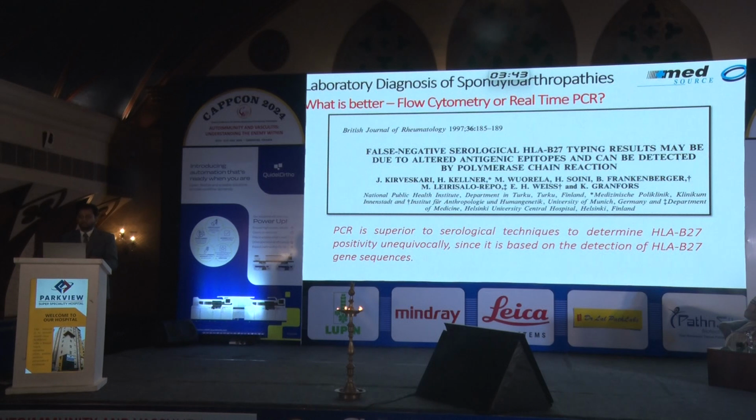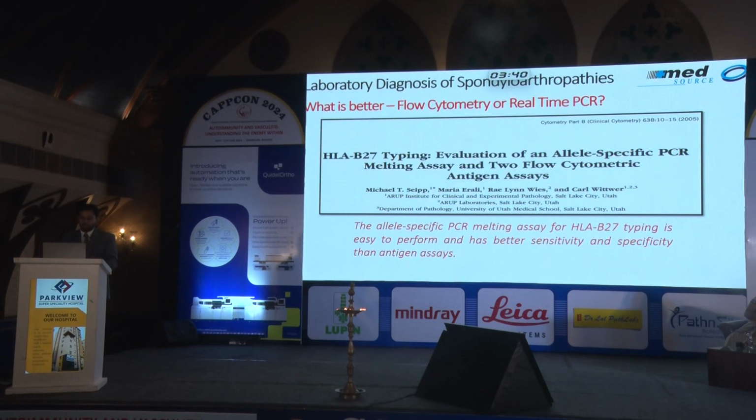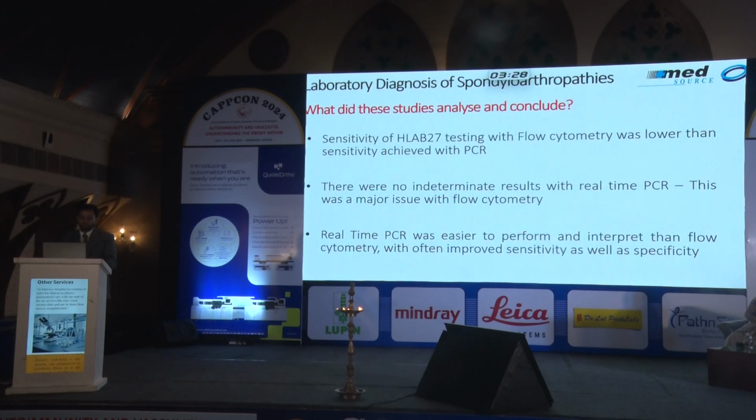And there have been several studies showing that it is not only detection, but also allele-specific identification that is equally possible through real-time PCR. All these studies have concluded one thing, that real-time PCR testing for HLA-B27 mutation detection is way more sensitive and specific compared with flow cytometry, because it avoids indeterminate results. That was the major issue found with flow cytometry. And as I mentioned, with the post